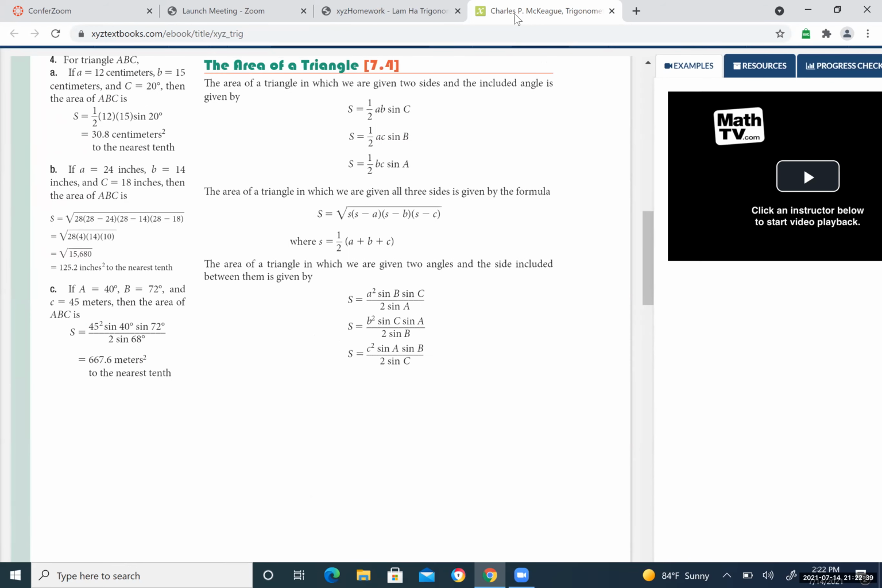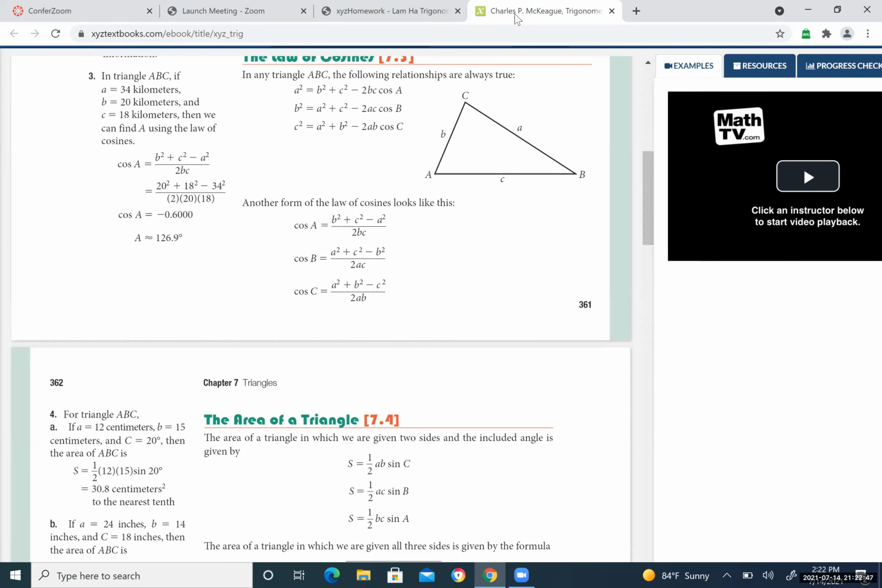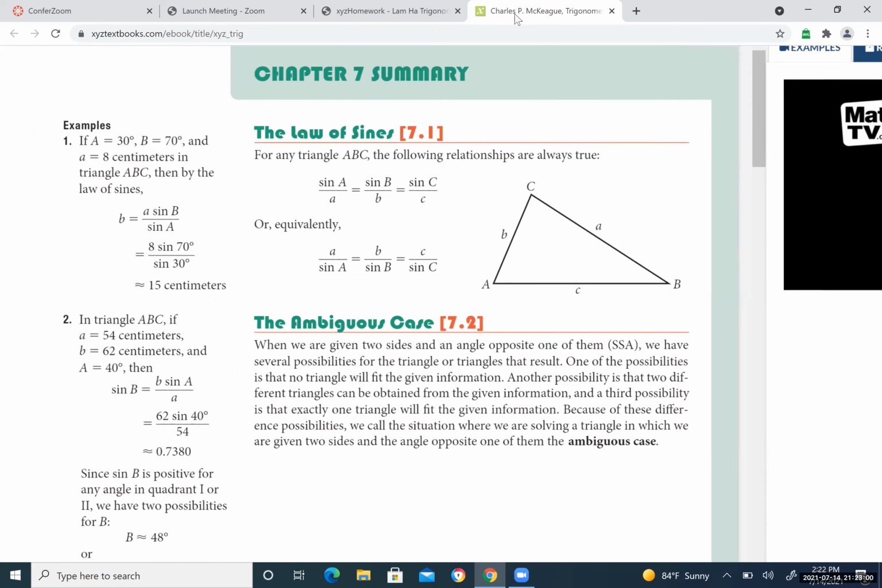I remember in the homework they have some problems related a lot to the law of cosines and the law of sines. So I will mainly focus on those, and I will show you how to apply those in your homework. Right here is the law of sines, and you notice we are having